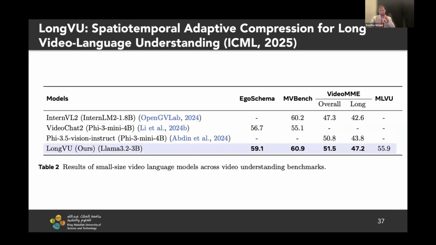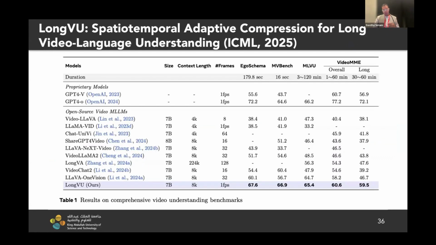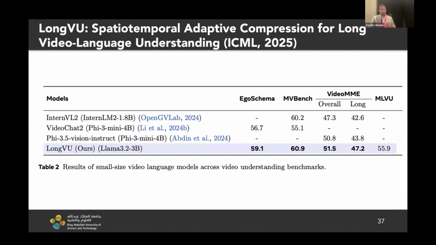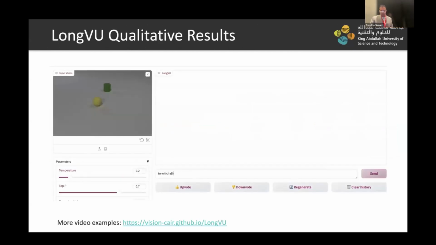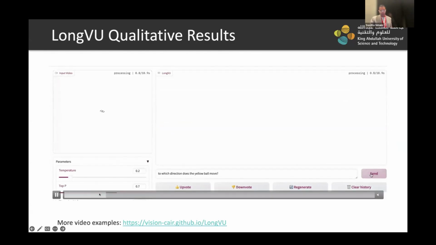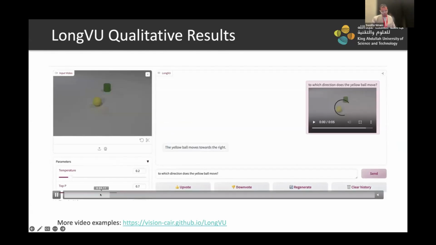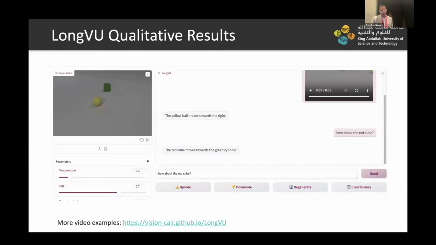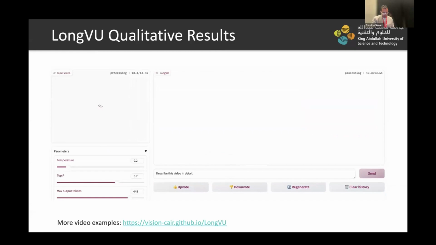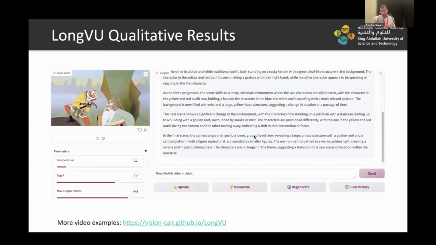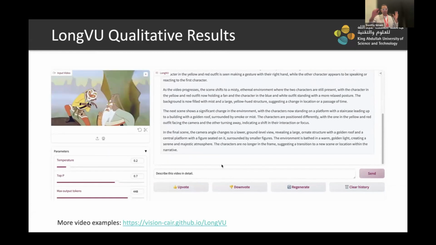We also show that this model performs quite well. This was only a 7 billion parameter model. If we use the same mechanism on a 3 billion parameter model, it can also achieve state-of-the-art performance among smaller size video LLMs. These are some qualitative examples that show the model has increased spatial awareness. Basically, because it has the ability to